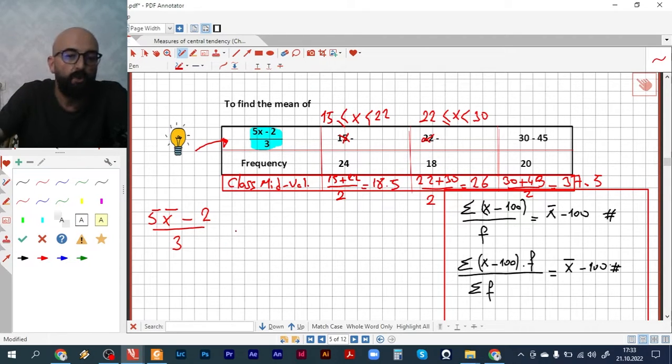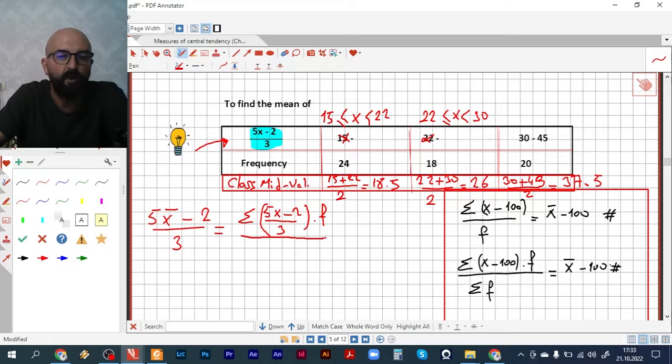Okay, and our formula, please remember, is the sum of (5x minus 2 over 3) multiplied by frequency over the sum of frequency. So 5 times the mean minus 2 over 3 equals to the